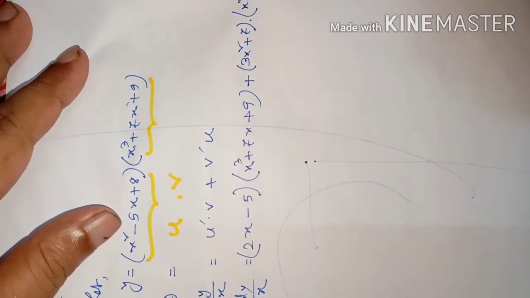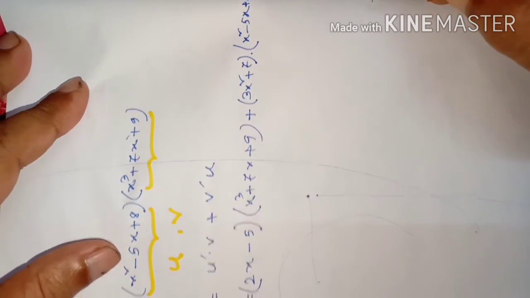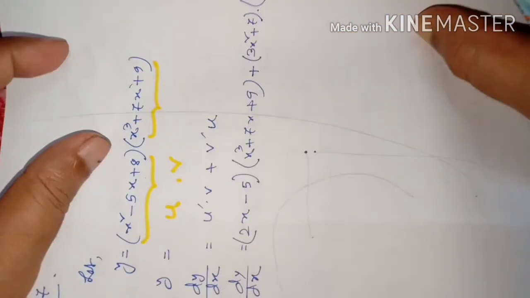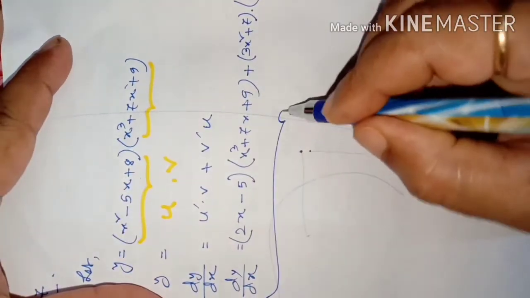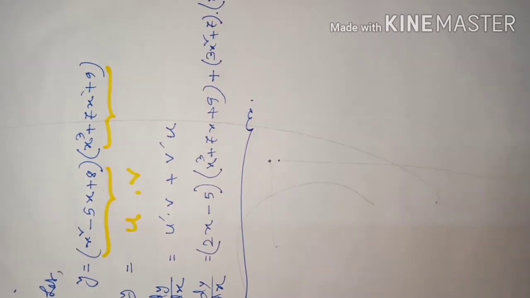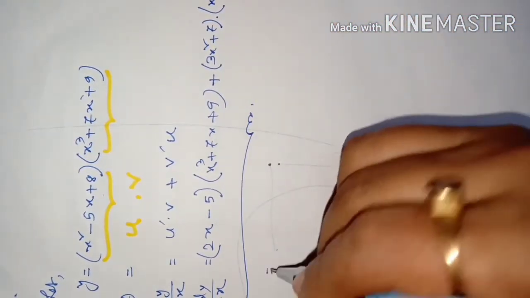We got the answer this way. If you want to further simplify, you can, but it is not necessary because there is nothing common here. You can leave the answer there. This is the answer. And next step is what? By expanding the product to obtain a single polynomial. Okay, before that, suppose we expand this one. How will be the result?